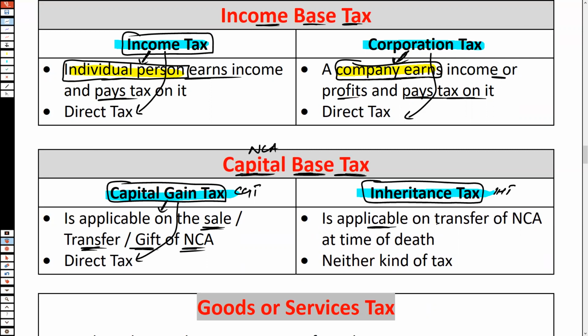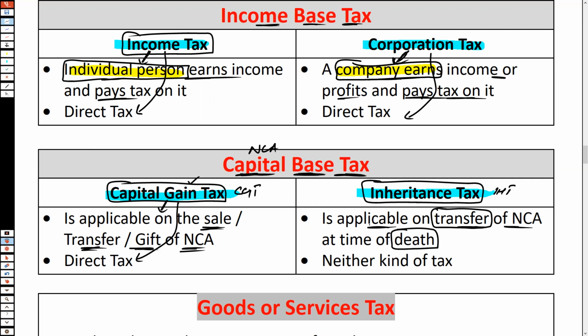But IHT is applicable on the transfer of non-current asset. I'm not using the word exchange. I'm not using the word sale. I'm not using the word gift. I'm using the term transfer. Inheritance tax is applicable on the transfer of non-current asset at the time of a person's death. When a person is transferring any asset in life, capital gain taxes are applicable. But when the non-current assets are transferred at the time of death,